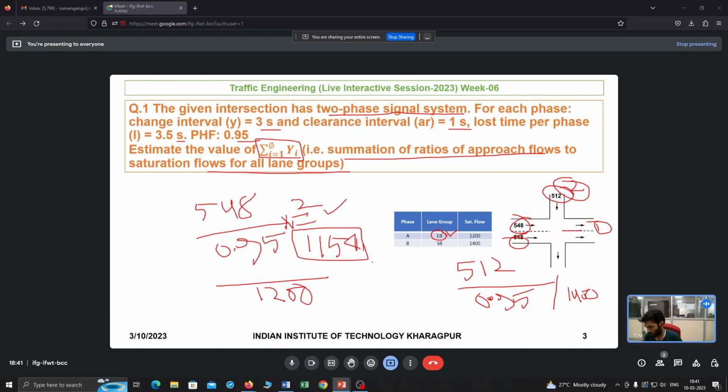So 0.96 is the factor. And then for this, what will happen? By 0.95 is 538 divided by 1400 plus